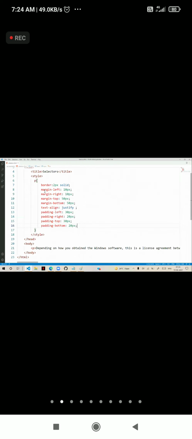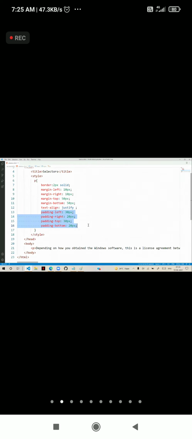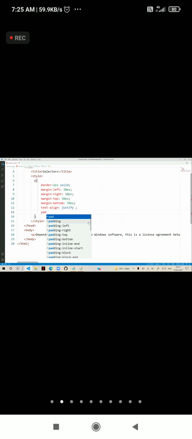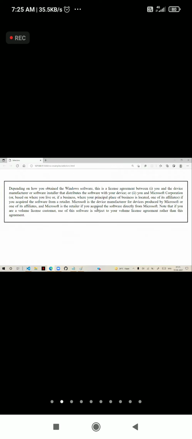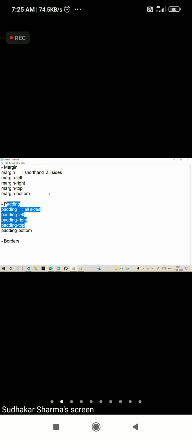Next, we have another important one. So we have margins, we have padding. If you want all sides in the same way, then you can just put padding and some 20 pixels. It will give padding of 20 pixels in all directions. All these days in several examples we have used it, but we have to learn professionally in CSS what options it has and how it affects.